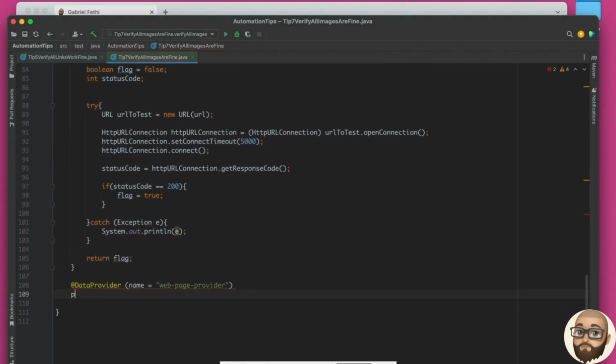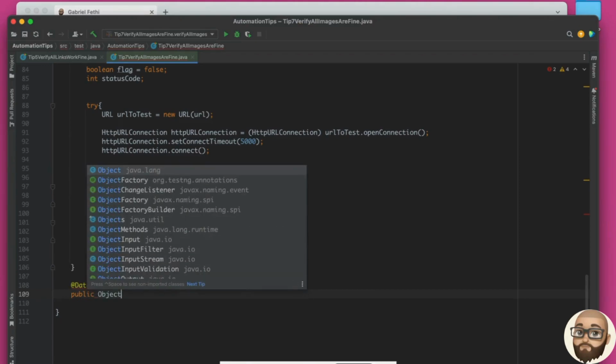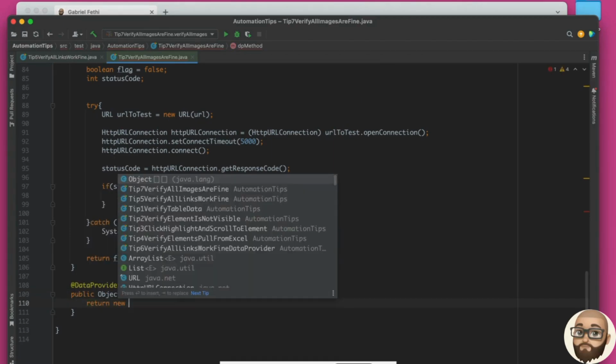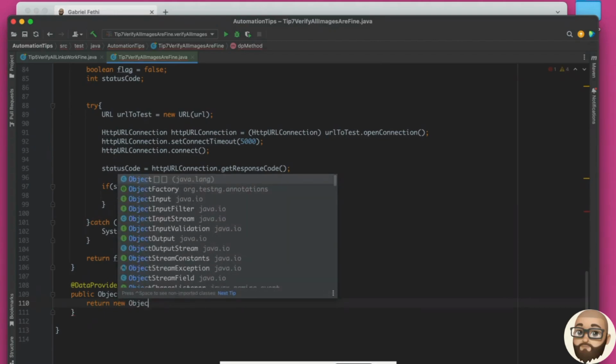And it is a public method which returns an object array, and let's say dp method. Return new object